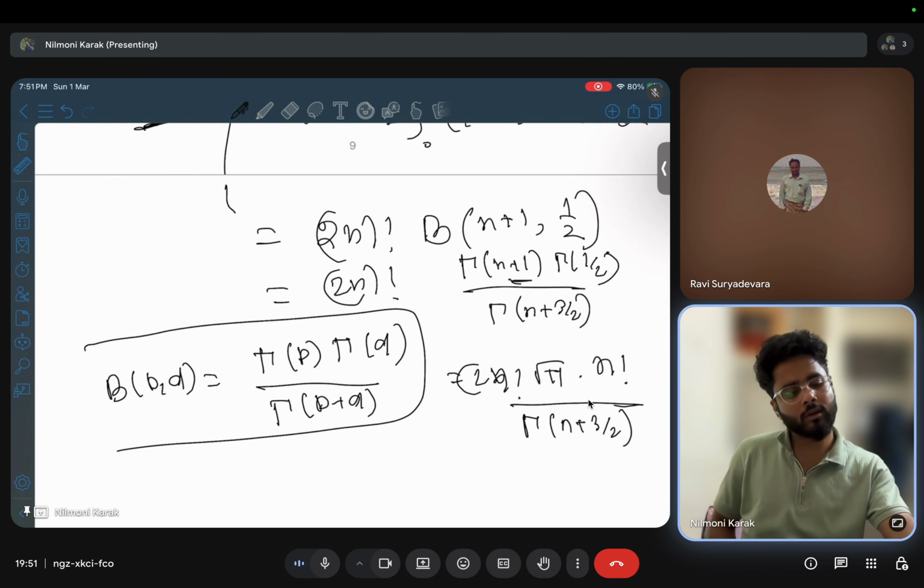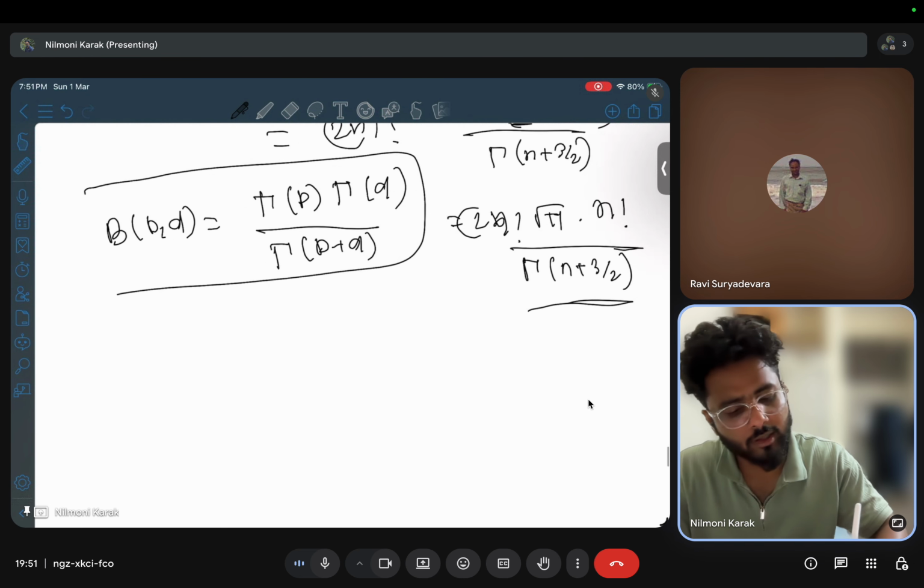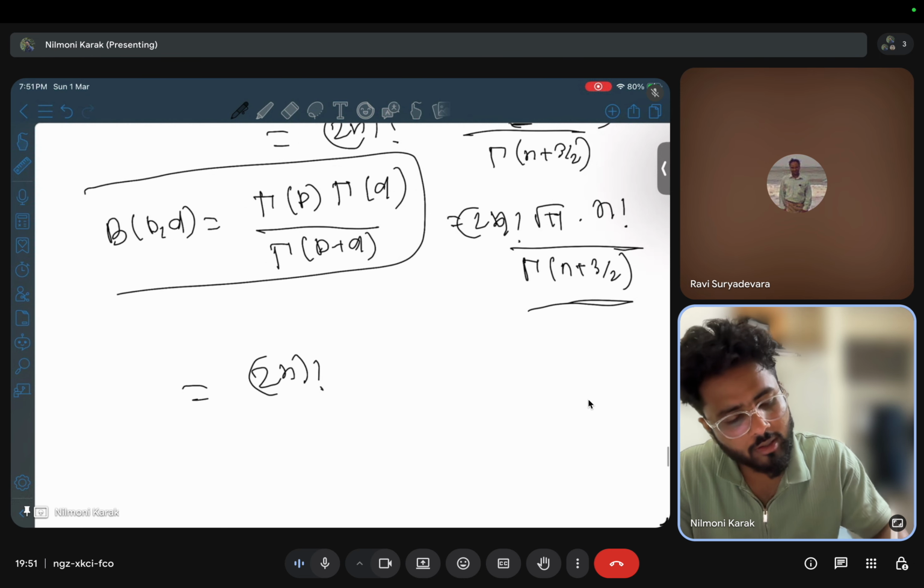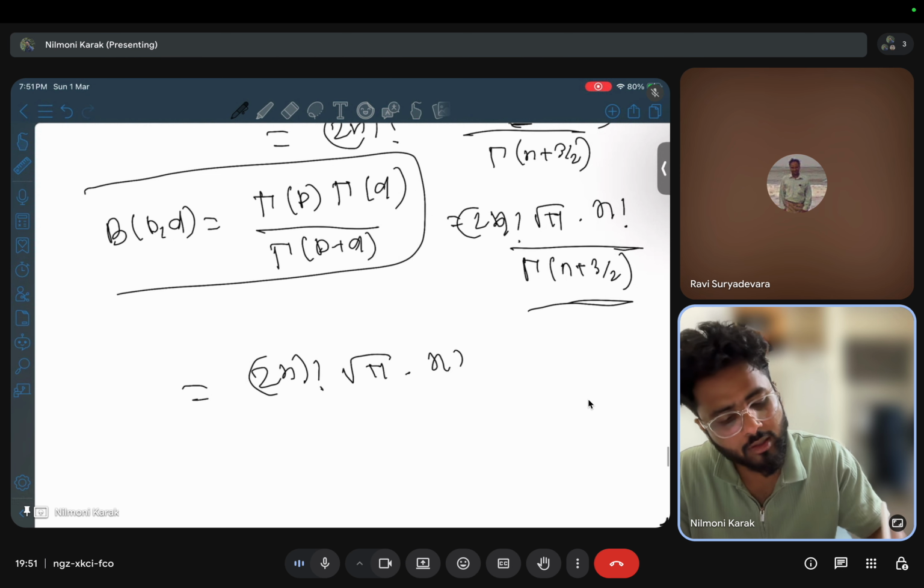And also you can write this as (2n)! root pi n factorial divided by